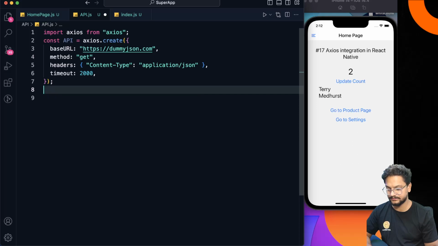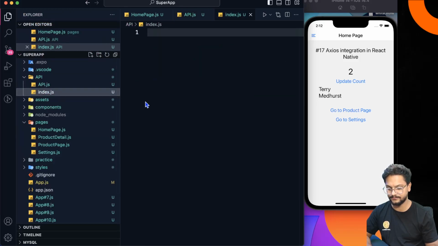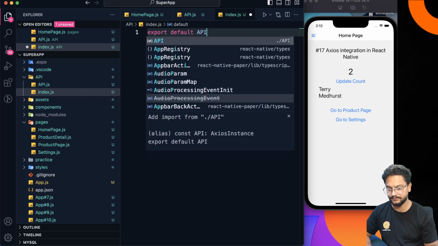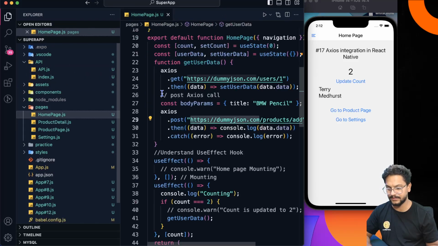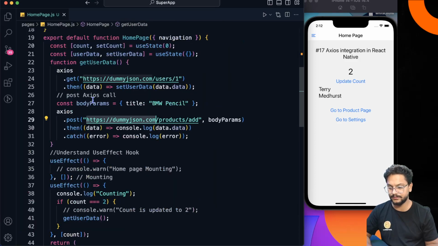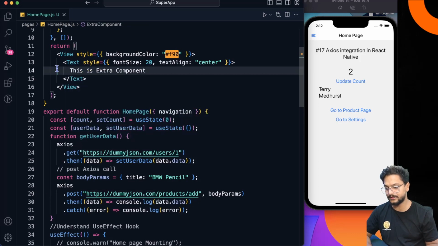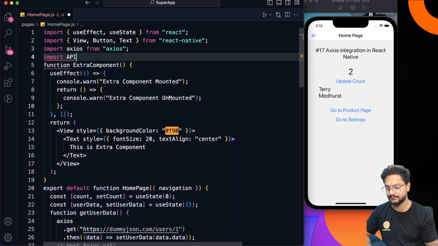Now let's export this. Okay, export default API. And as we have also created this index.js for better exports, export default API. Okay, so we have this. Now we can start using it. As we have created our instance, we have our base URL. So what we can do, instead of calling Axios directly, we can import our API. Okay, import API from